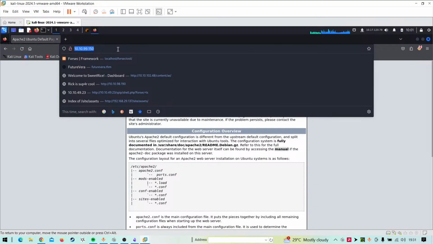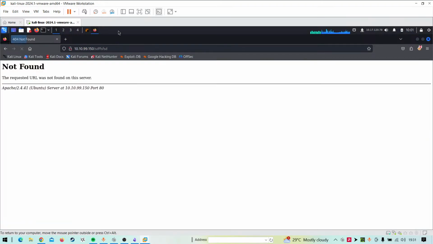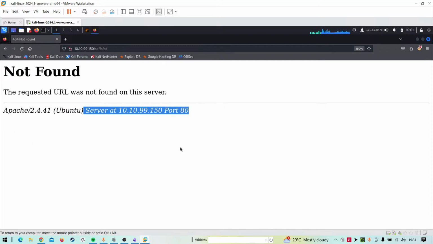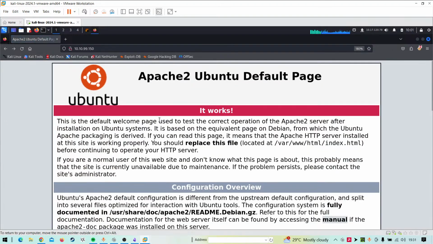Or you can get the same result if you type random stuff, it will end up in a not found page, and you can get the same thing here for Apache, right?